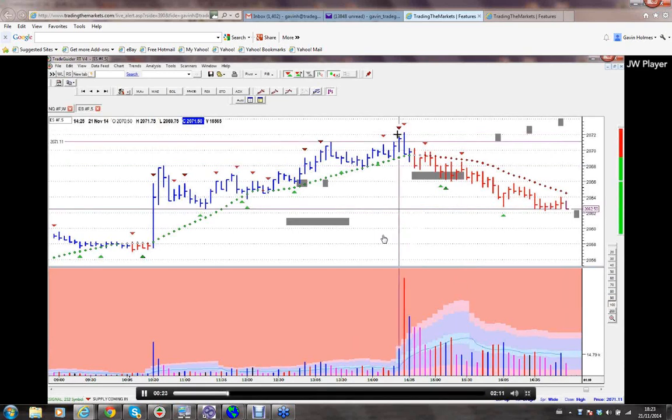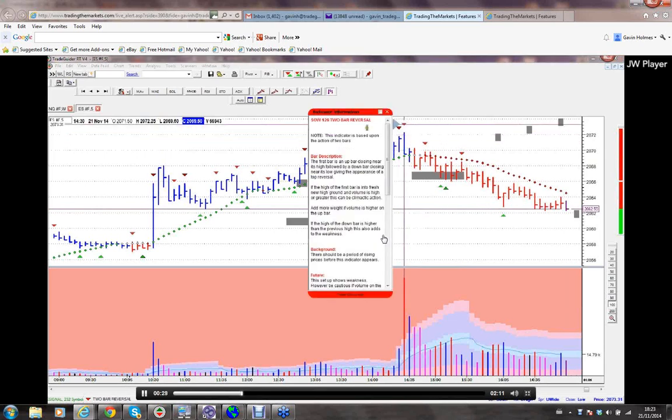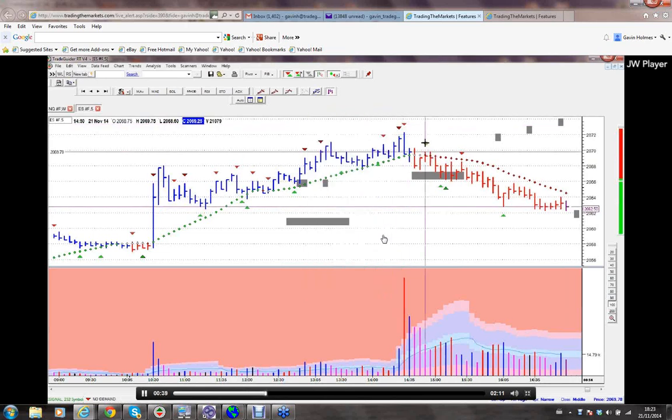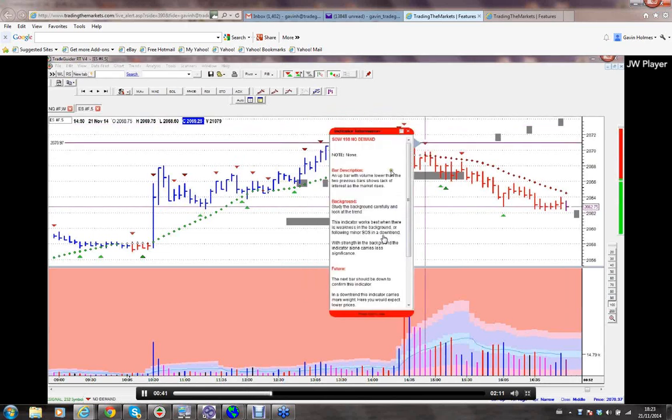Now, this is one of my favourite setups. You see the market gets marked up, and then immediately someone's taking some profit there. You can quite clearly see it. It's a 2-bar reversal, and that now changes the behaviour of the chart. Now, if we look at some of the indicators that have come in just after it, you can see there was one here that was clearly no demand, right at where that reversal was.